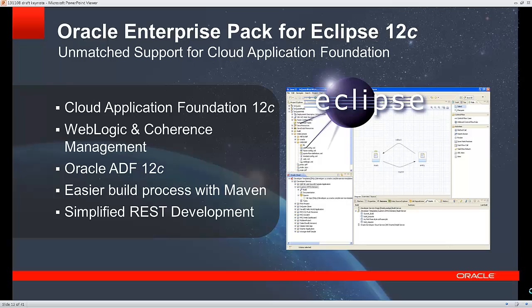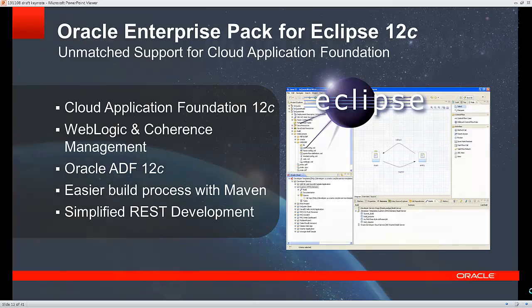But Oracle also believes in choice. For developers who are used to working with Eclipse, or prefer Eclipse, we offer Oracle Enterprise Plugin for Eclipse. Many folks who have been longtime developers for WebLogic and Coherence started using Eclipse, and there's no reason to change. We've been adding increasing levels of ADF development capabilities with each release and will soon add support for Oracle's mobile